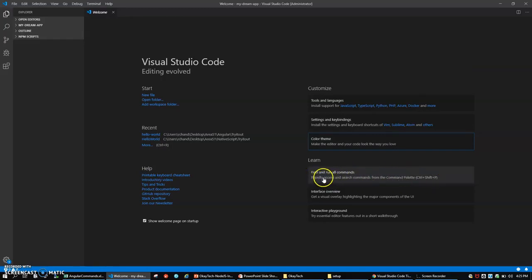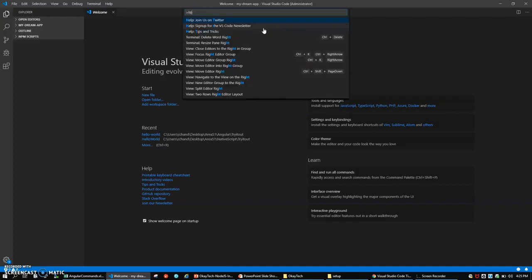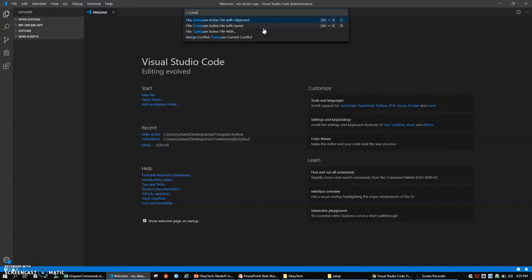Now this is a really good one. If you want to find or run all commands, just click here, or you can use Control Shift P. Now you can search files or folders inside your project directory. For example, I want to look for all the HTML files. I don't have any project right now here.